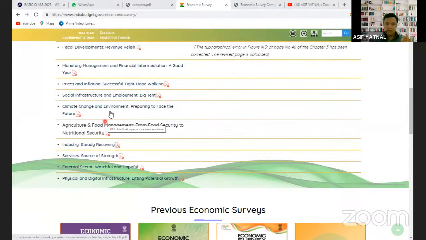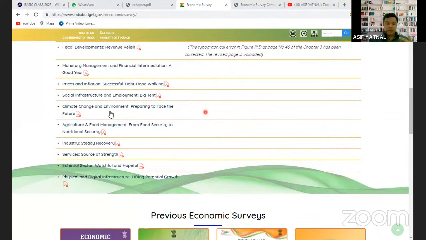Right? In optional history, during the medieval Indian period, I had discussed this. Those who have attended my optional history class must know that there was one sultan in the medieval period who had tried to solve this problem of food supply. He tried to have proper management. At that time there were no technologies, and despite that he tried to have a proper supply chain in India. That is what you have to refer to.